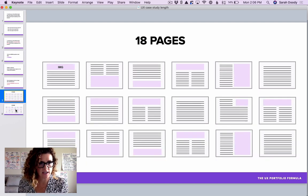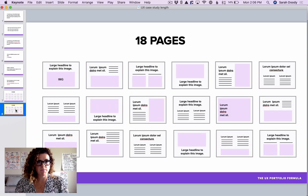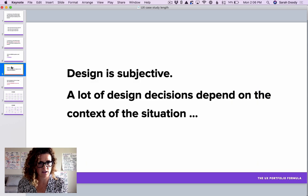Do I have gigantic blocks of text? What can I do to adjust those gigantic blocks of text? Maybe you don't need some of it. Maybe you need to take some of that text and make headlines and subheadlines and make your images bigger and things like that. But my point here is that we're asking ourselves the wrong question when we say, how many